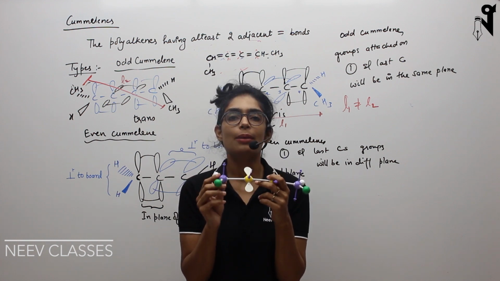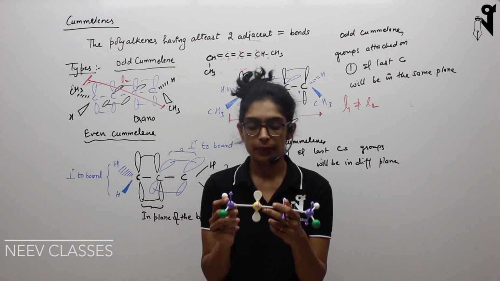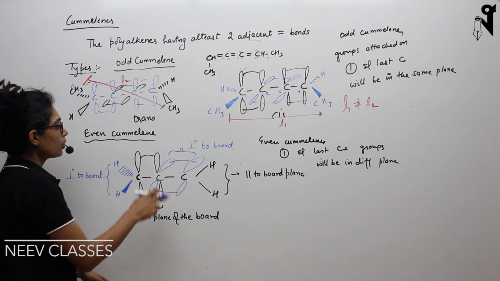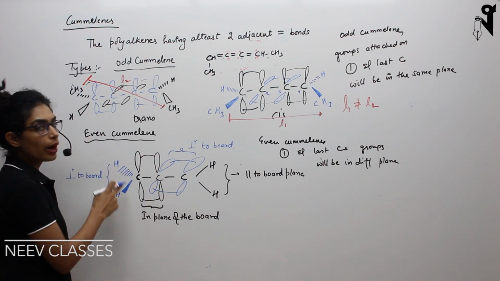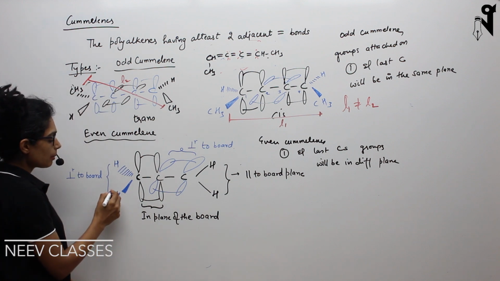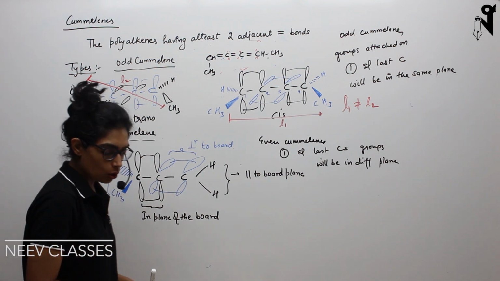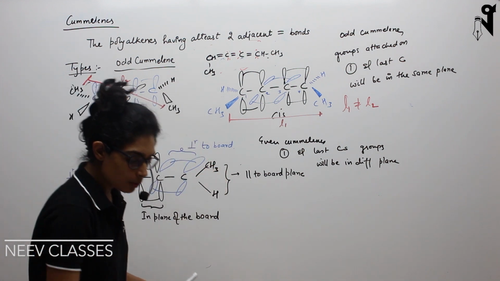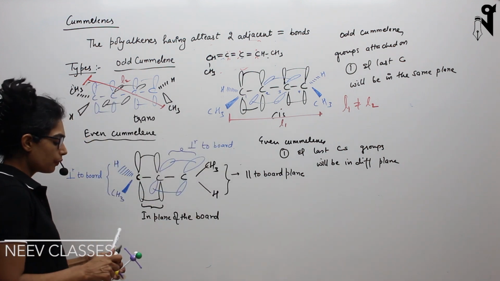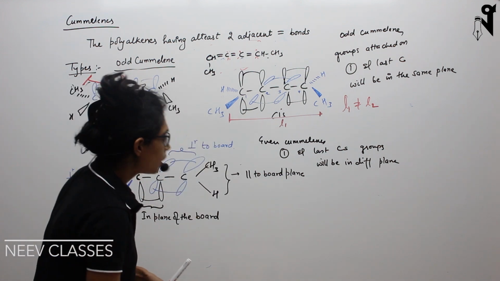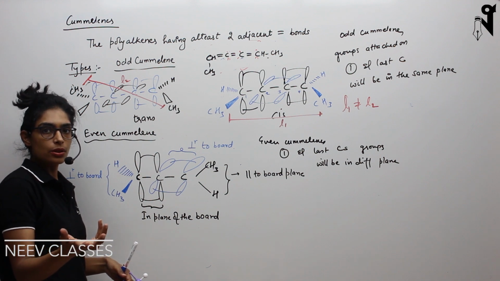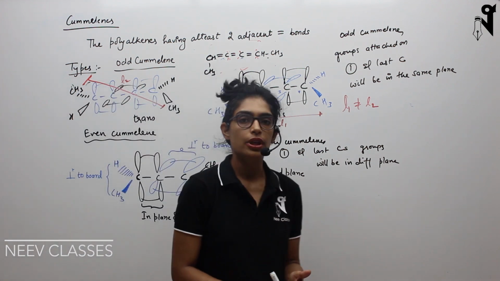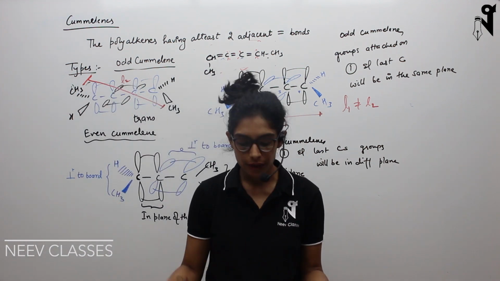Now let's see whether the same thing can be shown by even cumulenes or not. Now let's suppose I make the same change in the molecule of an even cumulene. Here I had taken two hydrogens and two hydrogens over here. Now let's say I make one as CH3 and another also as CH3. What will happen? Will this molecule show GI? Because we require two different substitutions on the carbon to get cis or trans isomers. That's the reason why we are putting one hydrogen and another CH3, just to see whether it will show GI or not. If it is CH2, it will not show GI. It will not make any difference in the molecule.